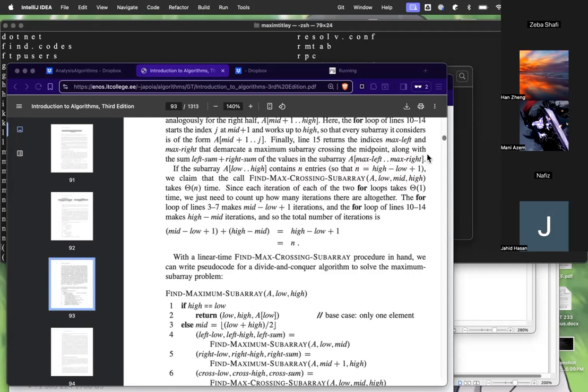All right. So let's take a look at what some of this stuff means. If the subarray A[low..high] contains n entries, so that n equals high minus low plus 1,